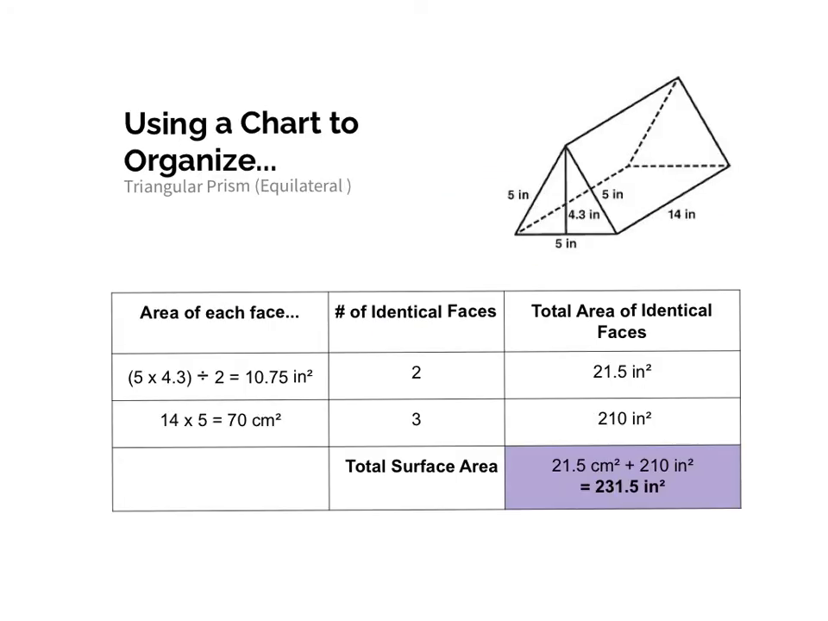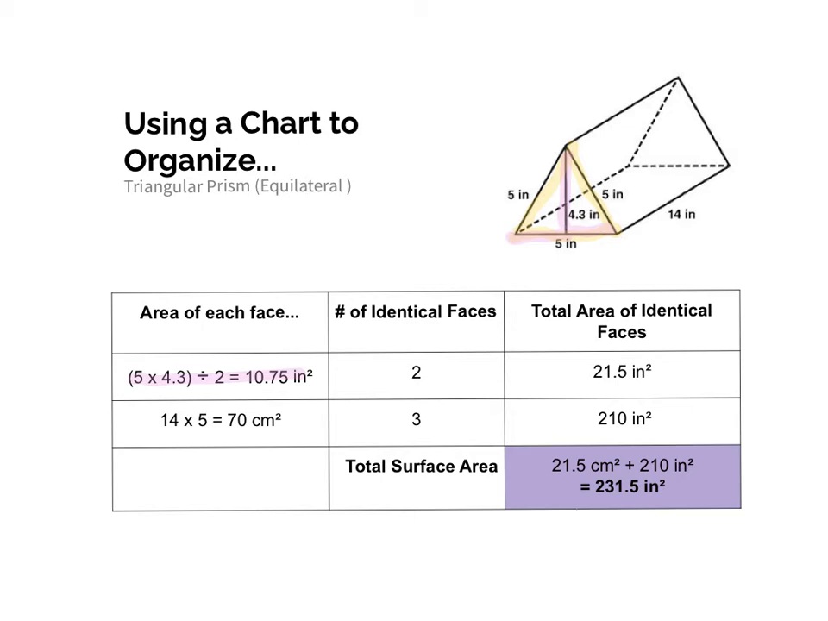Next, let's use a chart to find the surface area of a triangular prism. In this case, it's an equilateral prism, which means that our triangle has the same side lengths. First, we're going to find the area of the triangle, and we have a height of 4.3 and a base of 5. 5 multiplied by 4.3 divided by 2 gives us